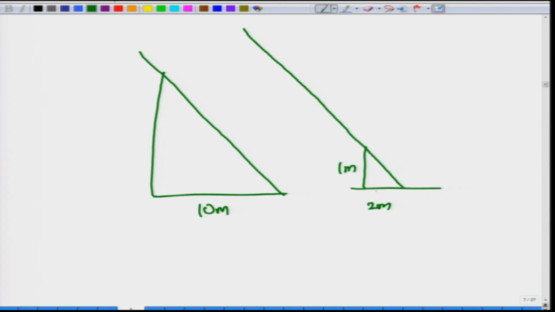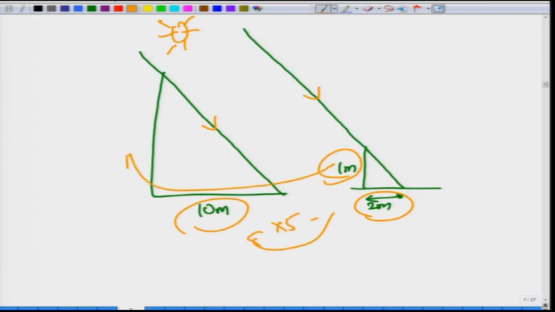Now, because both of these objects, the wall and the stick, are subtending an angle and making a shadow based on the sunlight, both of these rays are parallel because the sun is at a very great distance, and so we will make use of proportional measurements. This is 2, this is 10, which means that this is 5 times this, which is 1. So this in turn will be proportional. This is 1 into 5, which is 5 meters. So we will say that the height of the wall is 5 meters based on this particular